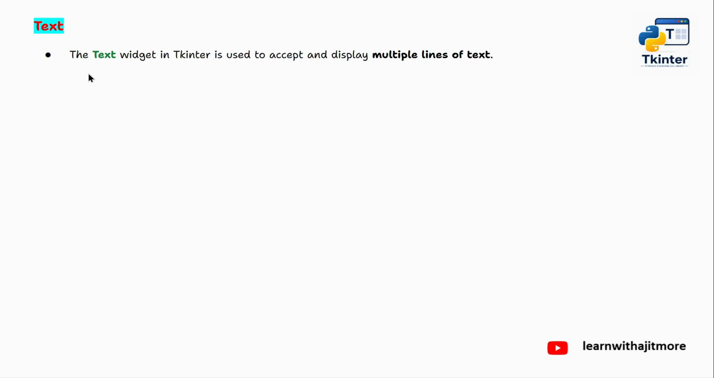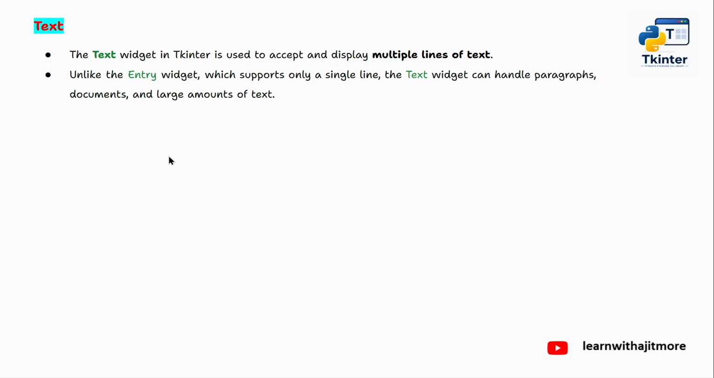All I'll tell you. See, the text widget in Tkinter is used to accept and display multiple lines of text. Whenever you want to accept multiple lines of text, go for text widget. Entry widget and text widget, their role is for accepting editable text, only with the difference I told. In entry, you can accept only one line, whereas text widget, you're allowed to handle paragraphs and documents and any